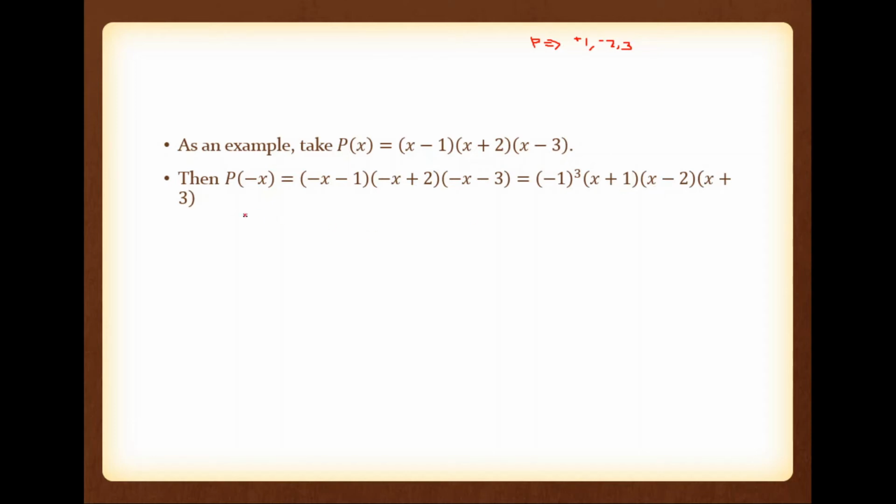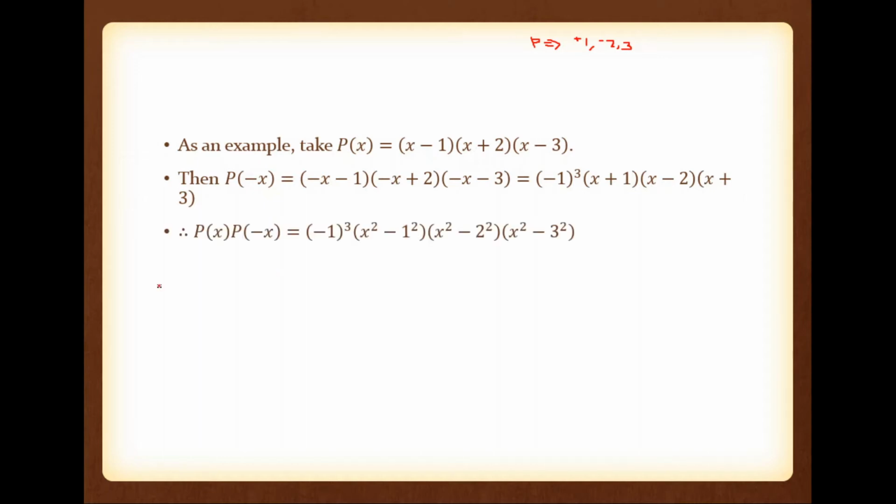So now multiply p of x and p of minus x. What do we have? You can see that we have minus 1 raised to 3 outside. Now this is x minus 1, this is x plus 1. So this is something of the form a plus b into a minus b, that is a square minus b square. So we have x square minus 1 square. What about these two terms? Again a square minus b square, so this is x square minus 2 square. What about these two terms? x square minus 3 square.